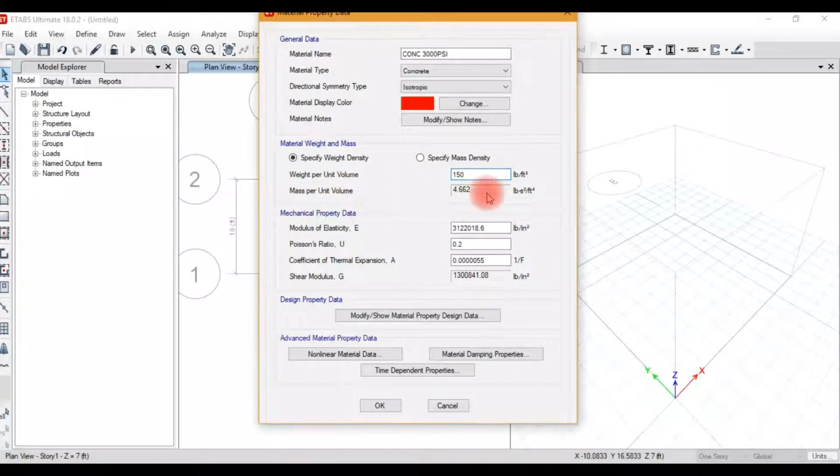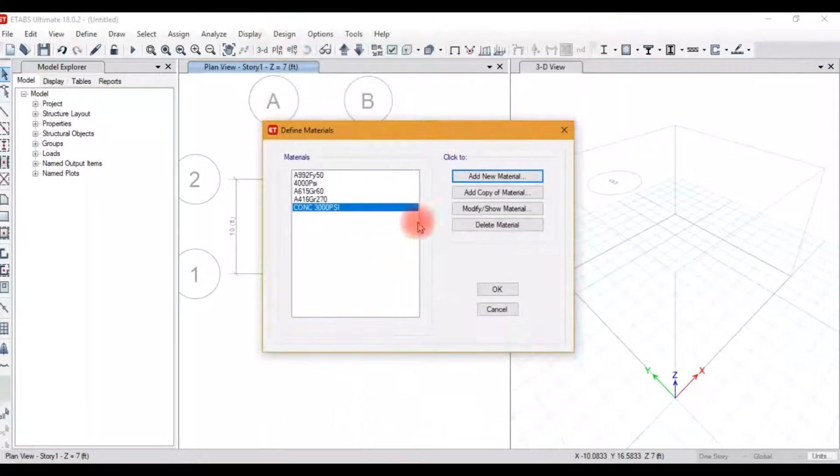This is the mass per unit volume. Modulus of elasticity, this is Poisson ratio 0.2. Coefficient of thermal expansion are given here. Shear modulus is automatically calculated from Poisson ratio and modulus of elasticity. If you change the Poisson ratio, the shear modulus changes respectively. We kept the same Poisson ratio.